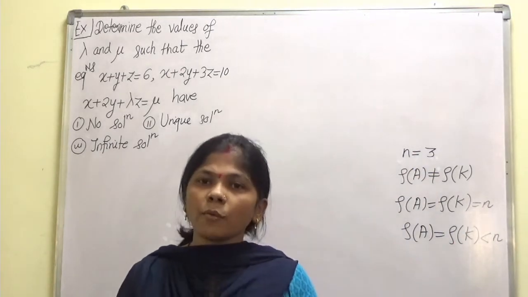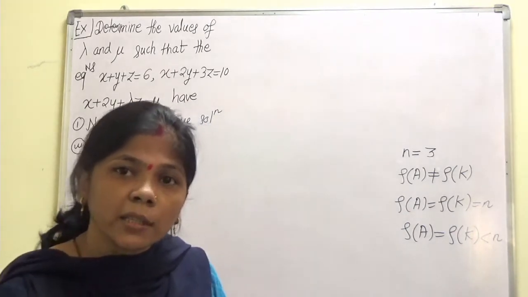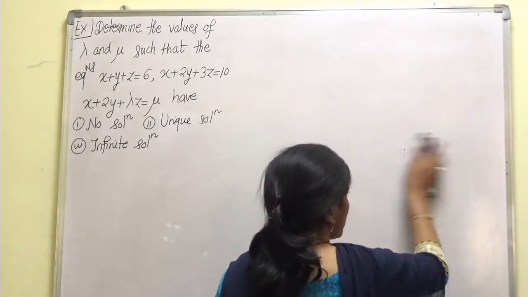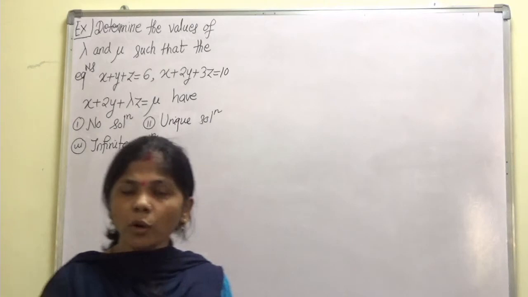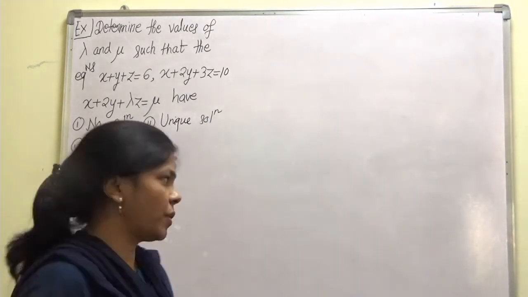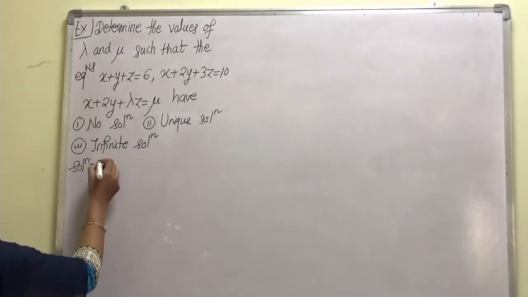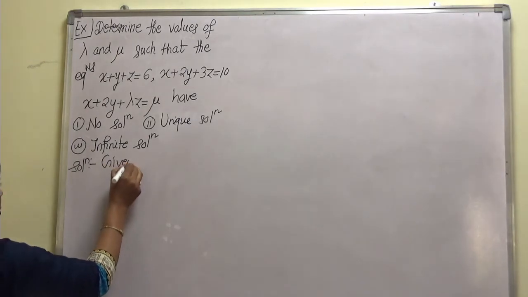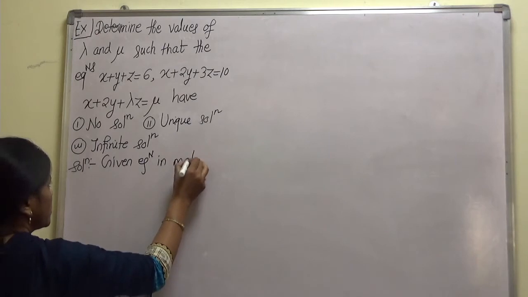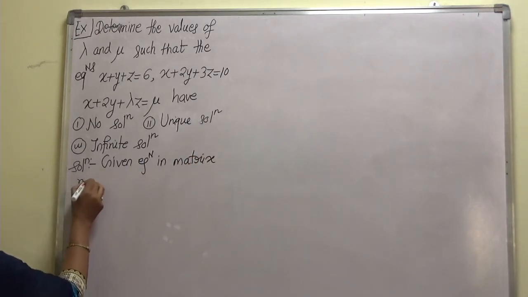So let us first see what we get in the augmented matrix, and then according to that, we will decide what will be the values of lambda and mu. So let us start with the solution. What do we need first? We need the augmented matrix first. So, solution. Write this in matrix form. The given equation in matrix notation is